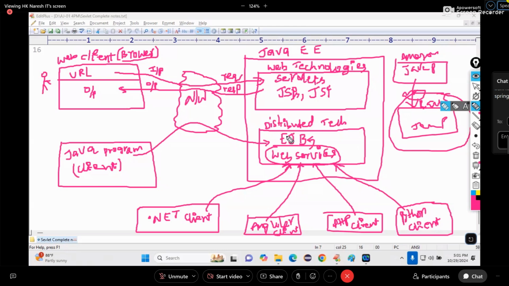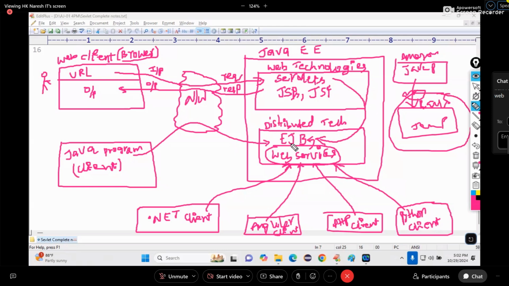Now I have a question. Can a servlet also talk to EJB? Yes. Okay, listen carefully. If you come to EJB from a Java program, then it becomes a standalone application. I don't want to make my application standalone. I want to make it a web accessible enterprise application. If I use a web client, a browser plus a servlet, and via the servlet you come to EJB, now my enterprise application is a web enterprise application. If you come from a Java program directly, then it becomes what? A standalone application based enterprise application.